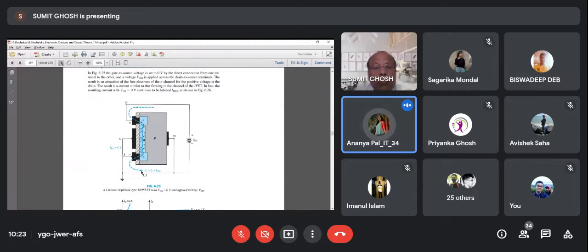The direction of current. Flow of electrons, so direction of current. Electrons are negatively charged, so the electrons are moving from the source to the drain. So the current is flowing actually from the drain to the source, the dotted line, and it flows out through the source. The amount of current flowing into the drain is the same as the amount of current flowing out of the source. That's why it is called ID equal to IS. What is IDSS? I'll tell you just now. So this is clear how it works.